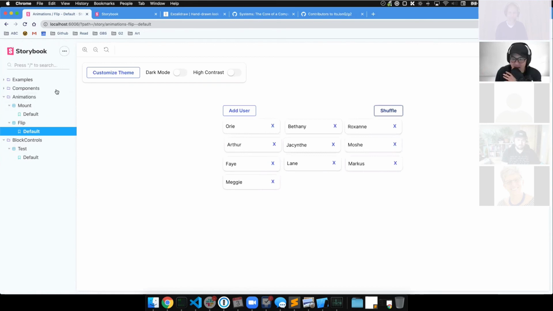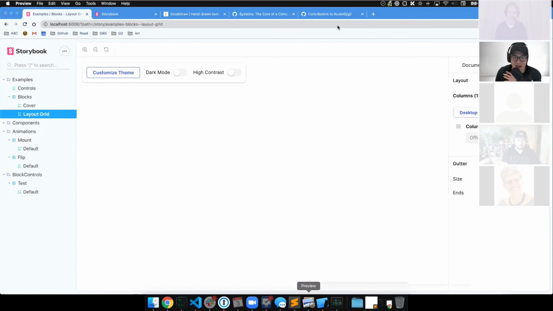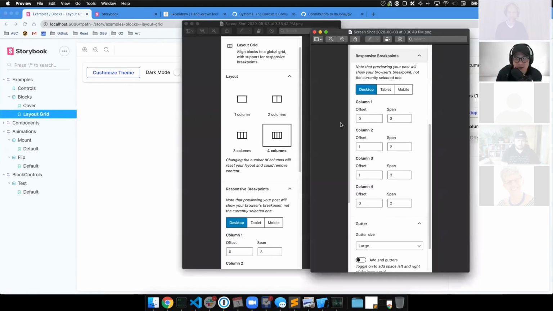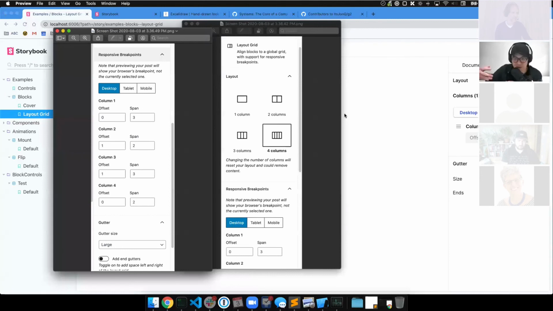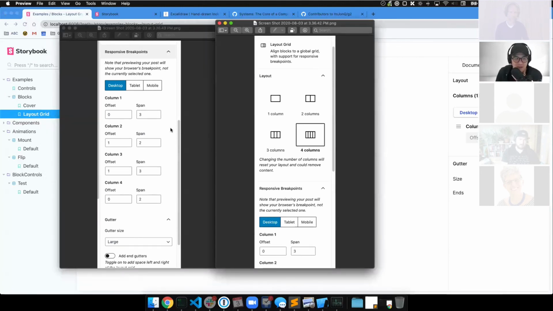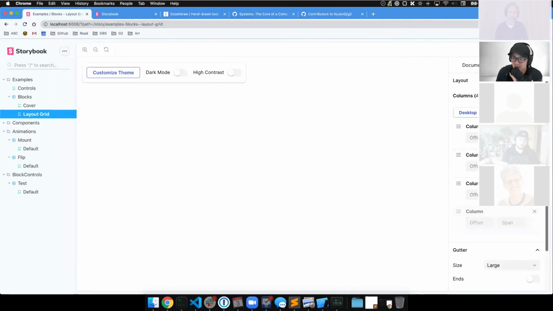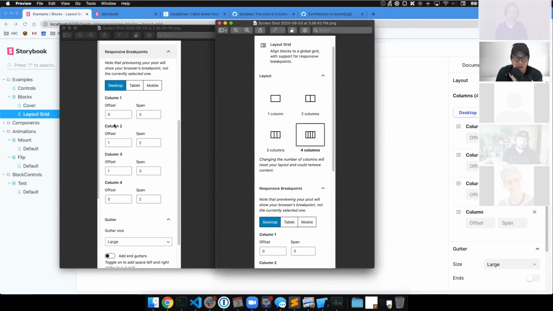And then earlier today, jumping into this, I was trying to figure out how I can redesign this particular block using the new components to make this a little bit nicer. This is still a work in progress. I started working on this literally right before the call, but I thought, what if we did something like this? So we have the device switcher with desktop, tablet, and mobile, like what we have here. But right now, the number of columns that appear here are based on some, these are very detached, and it feels kind of clunky, and